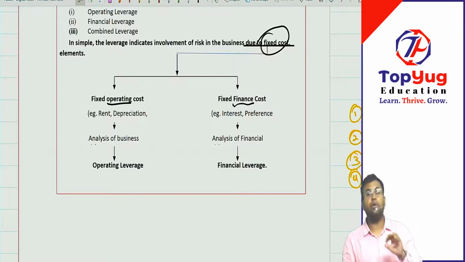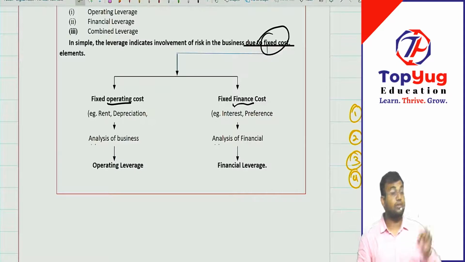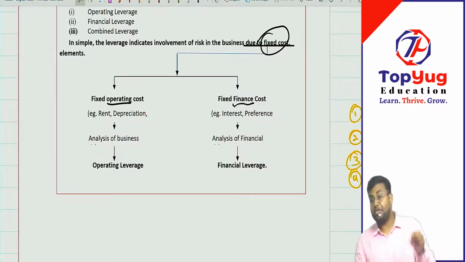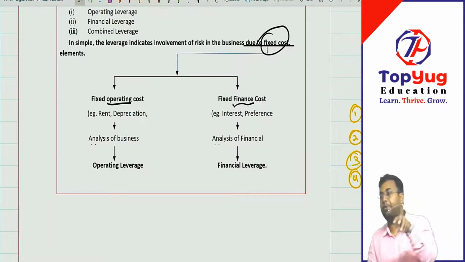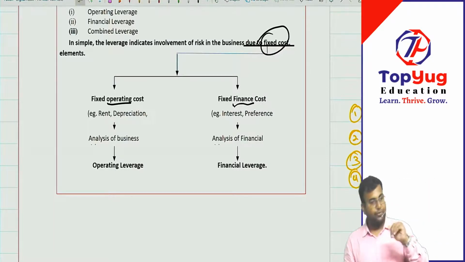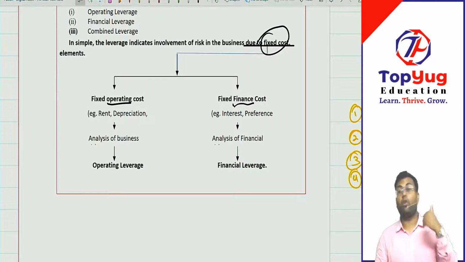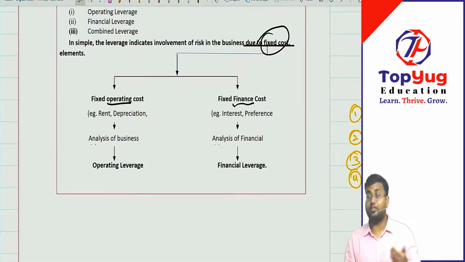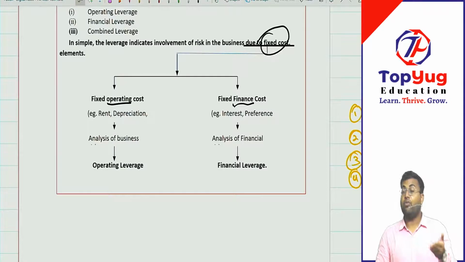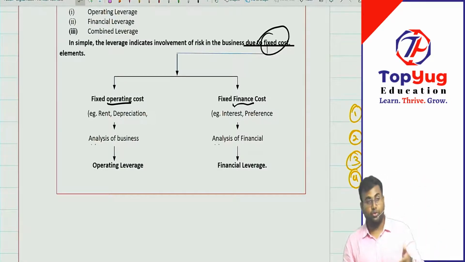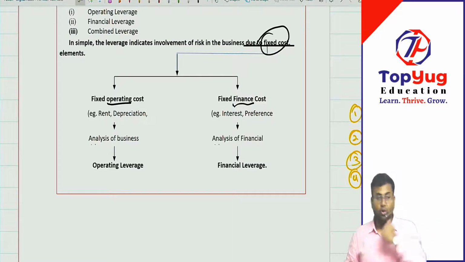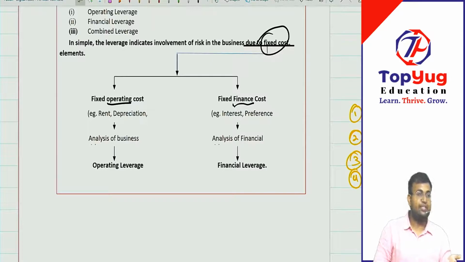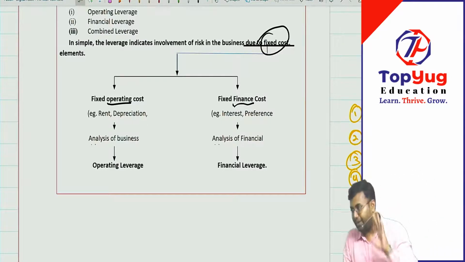Leverage will not help you find out how to manage cost, but it will help you in measuring the leverage, or you can say measuring where your major cost components are. Before you manage anything, you should know what you are supposed to manage. In order to know that, you should know where you are bleeding out, where most of the money is being spent. So how would you identify that? With the help of leverage.